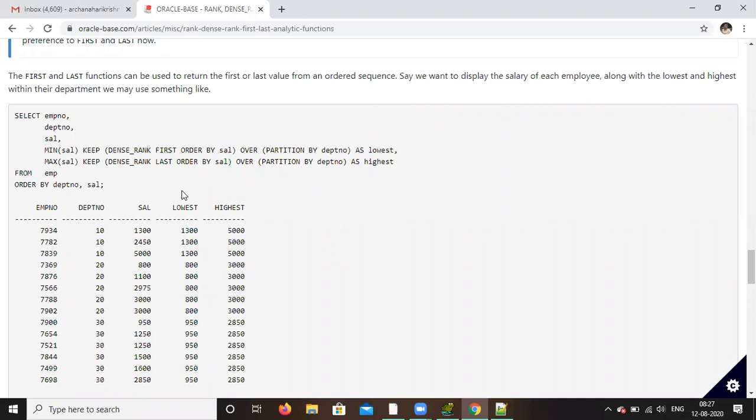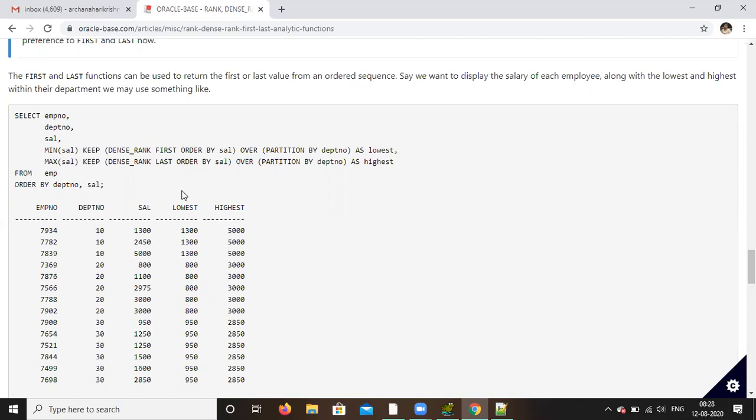Okay, so what we are doing here, first we are grouping department wise. So 10, 20, 30. Now from the 10, 20, 30, we are ordering by salary ascending, smaller to higher. After ordering, I am taking the first one, because if you order by salary, smaller to higher, the smaller thing will come on top. So I am taking the first one. In department 10, if you order by lower to higher, the first one will be 1300. So take that, the minimum one. That is nothing but the lowest.